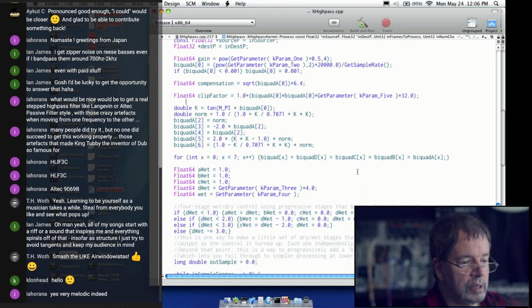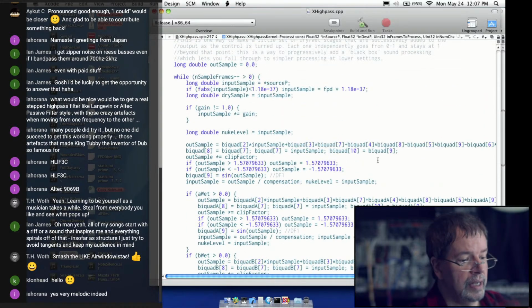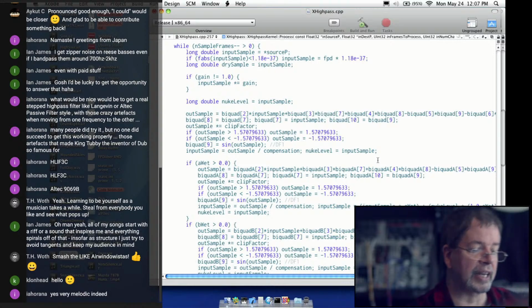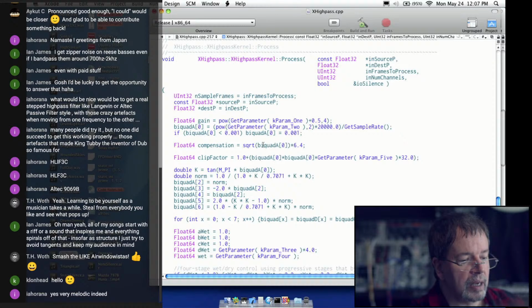So, like square root of 0.001 is 0.01, I think. Yeah, I think so. Yeah, that would follow. So where are we applying compensation? We've got this in here somewhere. And input sample equals out sample divided by compensation. So that's going to get aggressive real fast. So compensation,